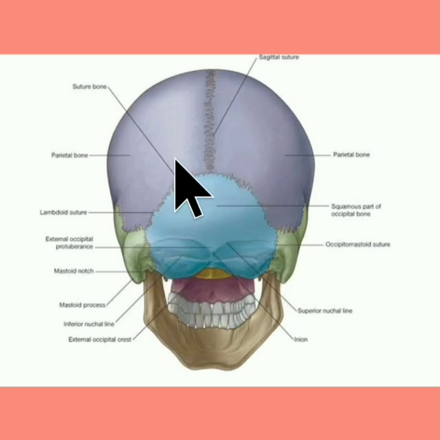Then the features seen on the posterior part of the skull, the norma occipitalis, are the external occipital protuberance, external occipital crest, highest nuchal line, superior nuchal line, inferior nuchal line, and the highest point of the external occipital protuberance, which is called the inion. We have the mastoid part, the mastoid process, with the attachment of muscles, and on the medial part there is a notch with the attachment of the posterior belly of the digastric, and a groove for the occipital artery. Near the occipitomastoid suture there is the mastoid foramen, through which pass the occipital artery's meningeal branch and the emissary vein.